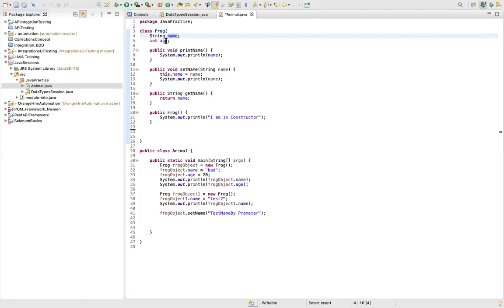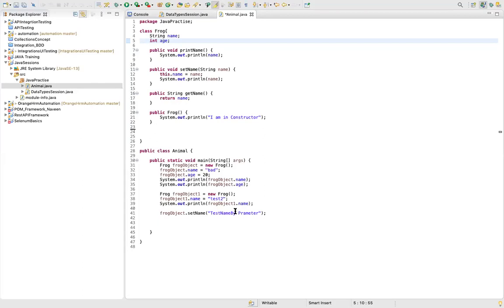For each or some of the variables, you can have getters and setters, wherein you can set a property and get the property of that variable. And how do we access those methods and variables from a different class? We saw how to create an object and access variables and methods using objects. We also saw the use of the this keyword. Whenever there is a name conflict and you want to access the class variable and local variable together, you can use this keyword. This refers to the class variable.